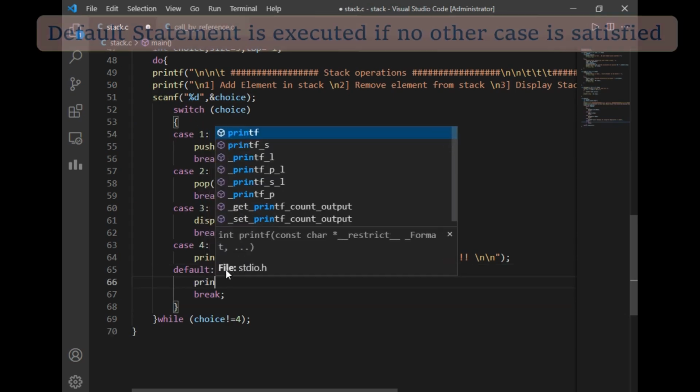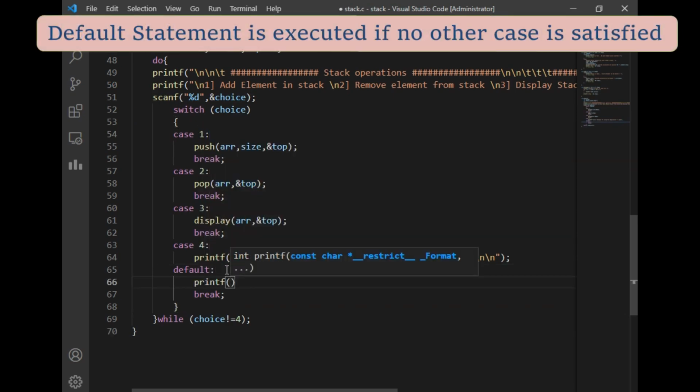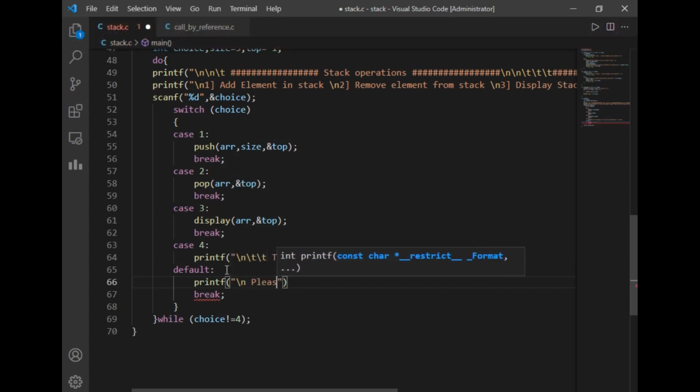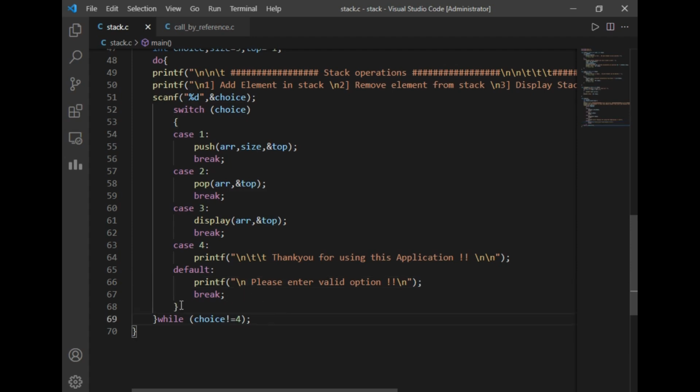So I will just write printf and write \n, please enter valid choice, let's say option, and I will just add a semicolon because the semicolon is very important in C language. So this was our entire program, and after this default case I have just closed the switch statement here and